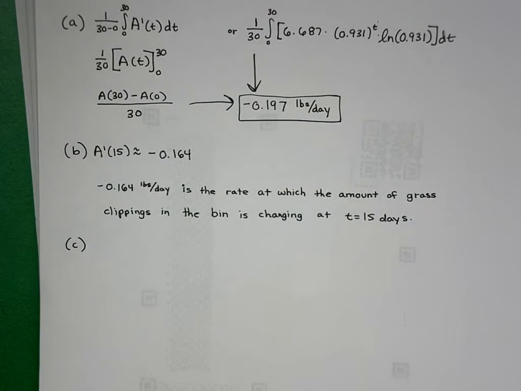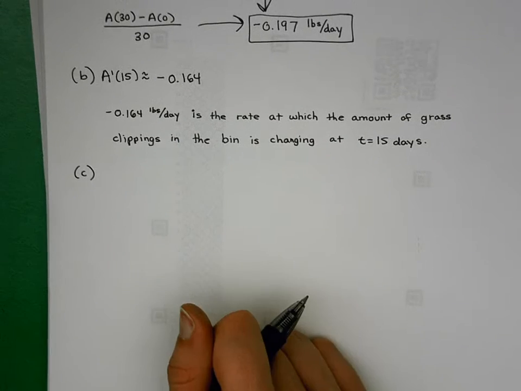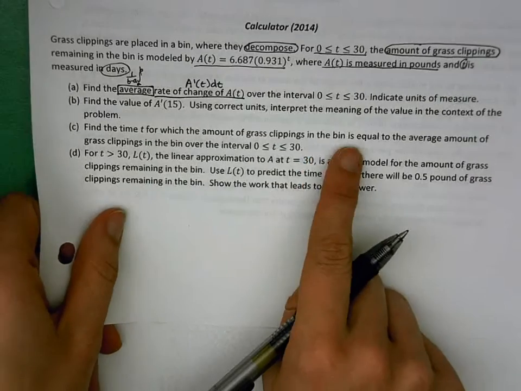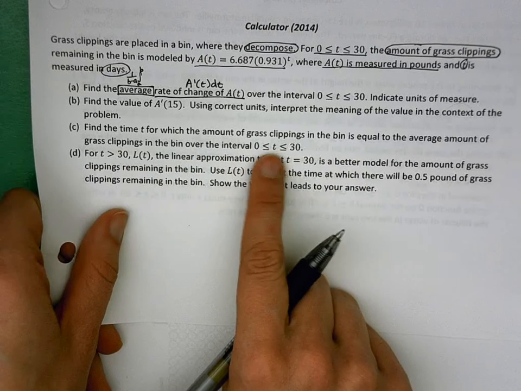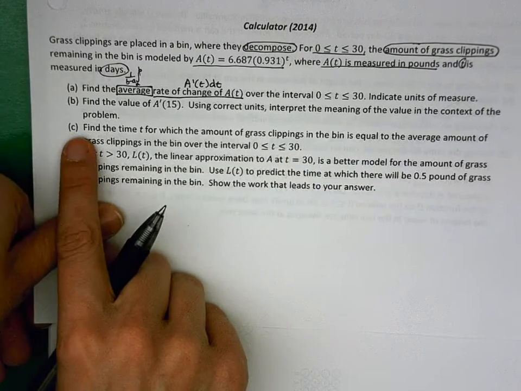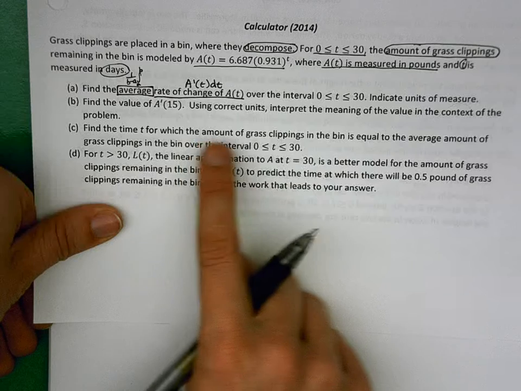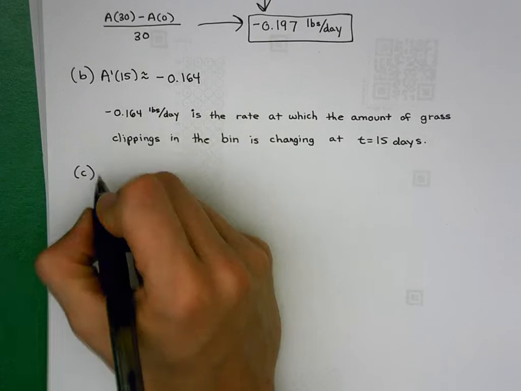C. C reads, find the time t for which the amount of grass clippings in the bin is equal to the average amount of grass clippings in the bin over the time interval 0 to 30. Okay, so if we were to parse this sentence up, find the time t, so we're going to be solving something for which the amount of grass clippings in the bin, well, that's A of t,